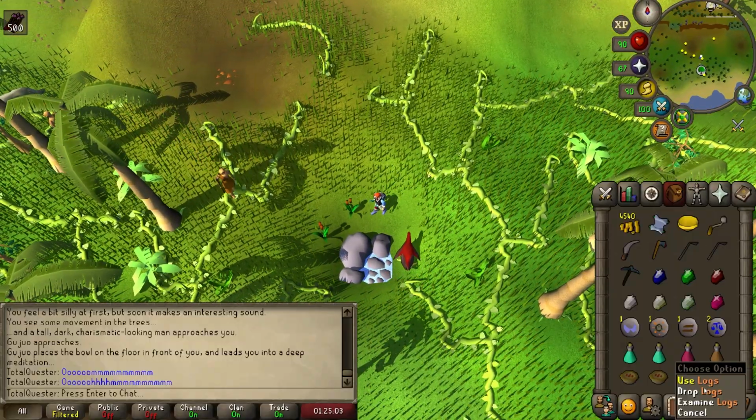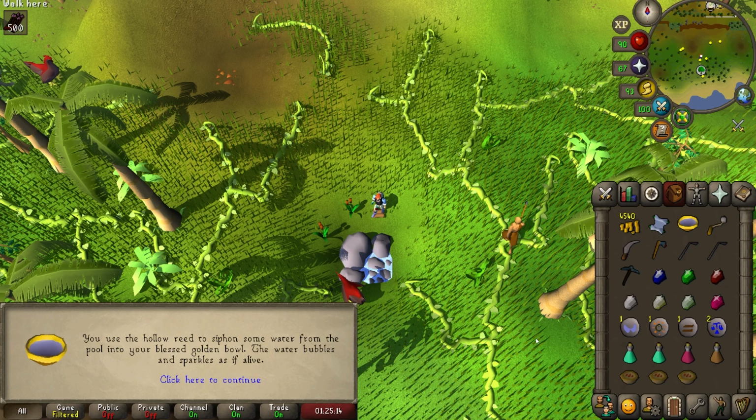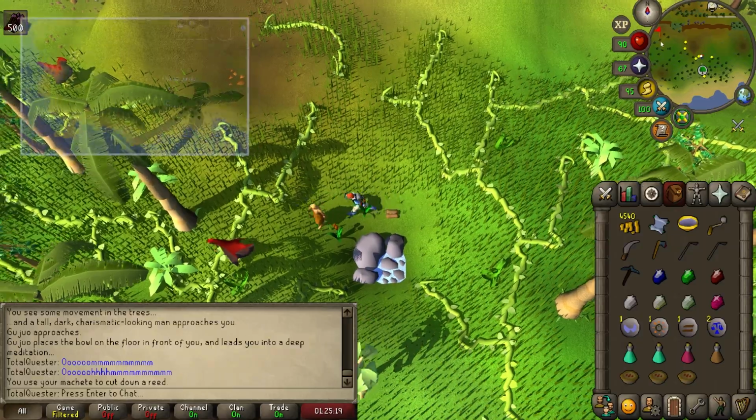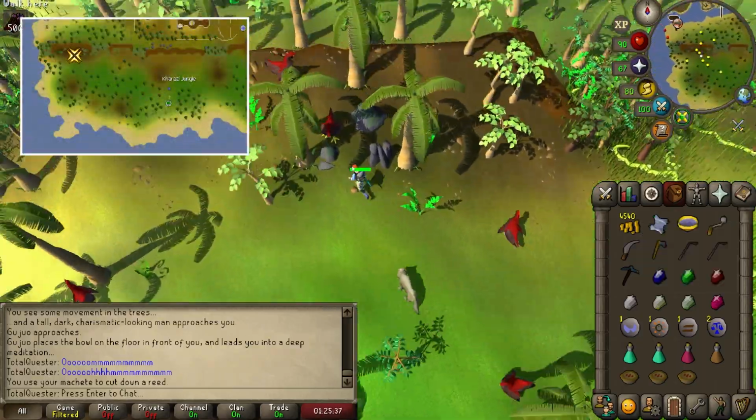Once you arrive, use your machete on the tall reeds nearby the water to obtain a hollow reed, and then use your hollow reed on the water pool to fill your golden bowl, destroying the reed in the process. After your bowl is filled, run northwest back to the 3 rocks that mark the entrance into the caves, and